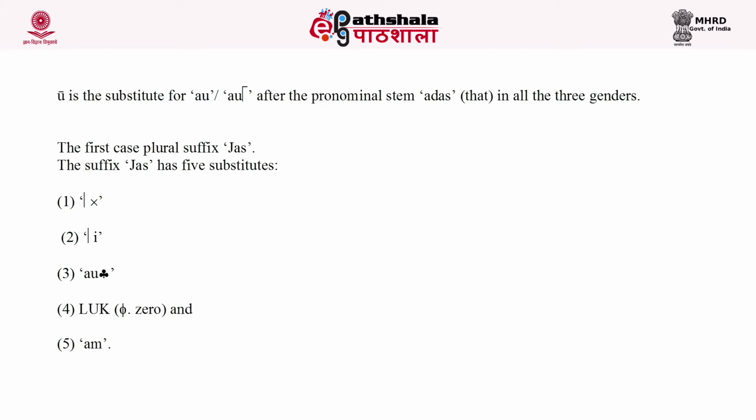Substitute shi takes place after a neuter stem by jassasoh shi 7120. The sutra states that after a neuter stem, jas and sas are replaced by shi. For example, jnana plus jas plus sas plus shi. Jnana plus shi, jas and sas are replaced by shi by present sutra. Jnana plus shi. Now agama